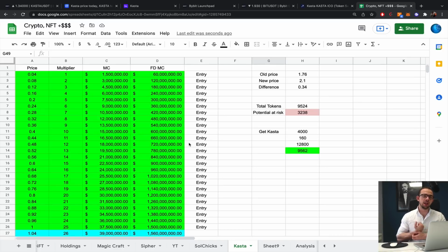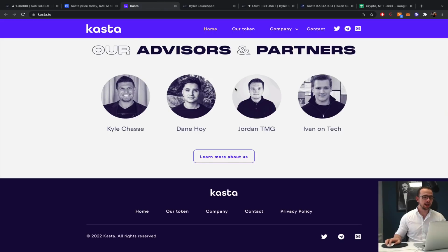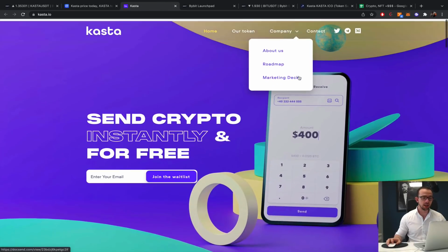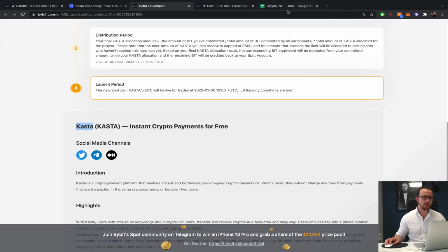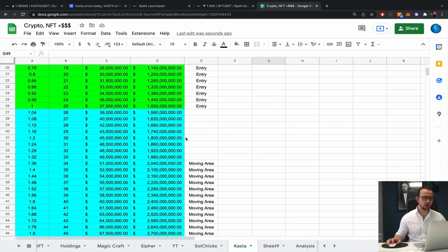If you would want to get an entry for Kasta, I'm not personally interested in this project at all. Right? I like video games, I like metaverse games, not metaverses alone, and this is just a payment processing kind of thing. It does look that it can have some quite mass adoption. It's just not for me, generally, as I said in the previous video where I basically made this sketch, this complete overview,